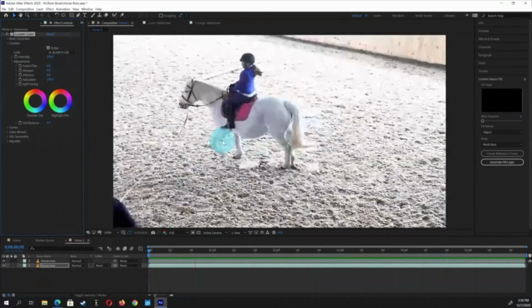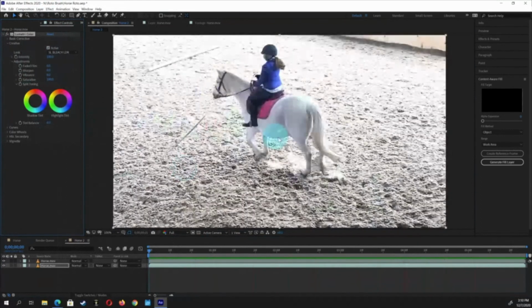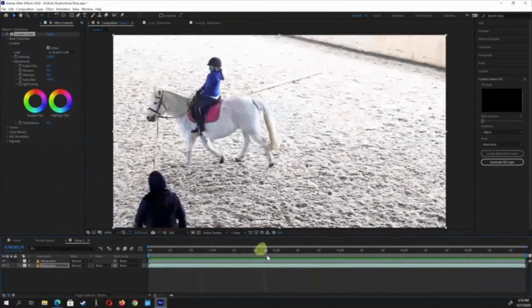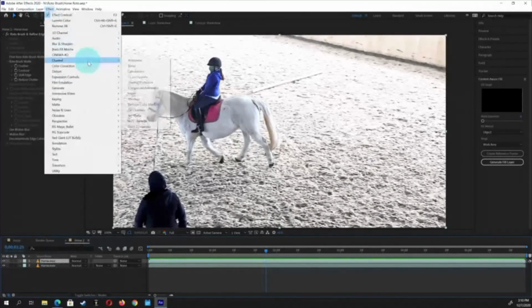You can see a little bit of edge now that there's enough contrast. But even then, if you go back into the roto, there's contrast and stuff on here. But also, like I said before, you can use matte tools for this as well. So if you go into matte and put a matte choker on it,